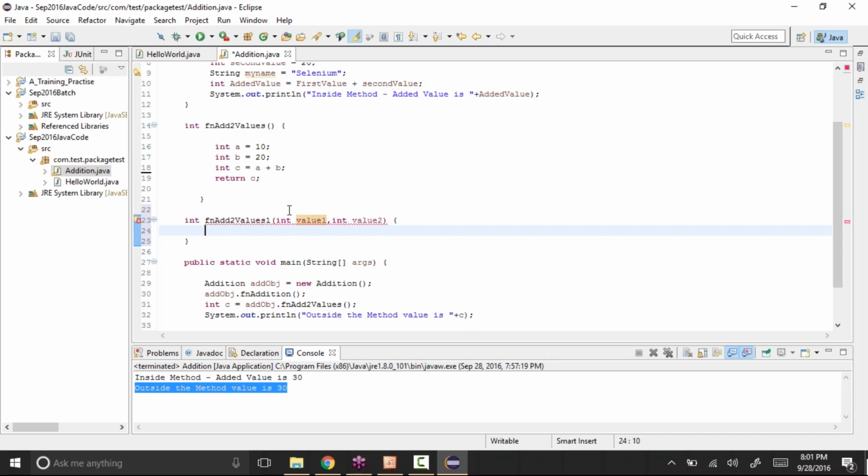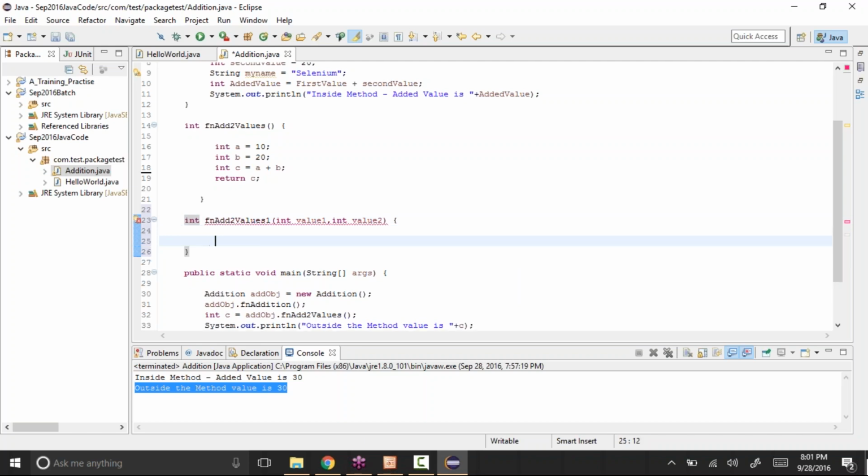We are returning a value, and if you see here there is an error saying there is no return value. This method must return a result of type int, because we gave int. You have written the function, but you are not returning anything, so until you write return, it gives you the error.